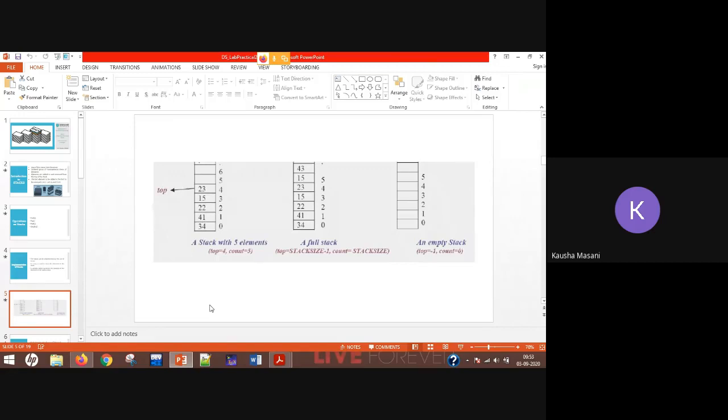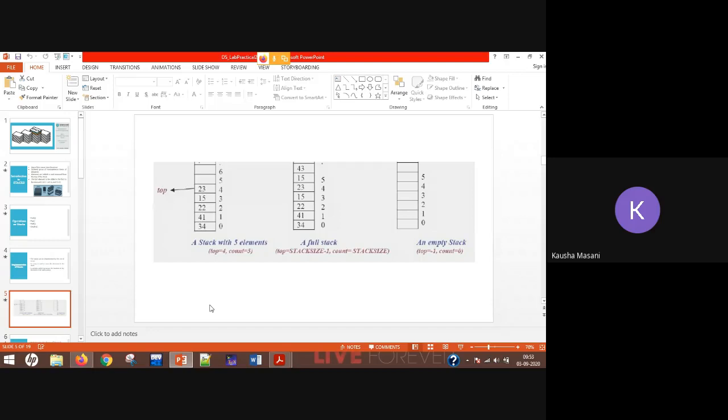Second, if you are going for a push operation, you first check whether you have space to enter the new element, because push is the insertion operation.